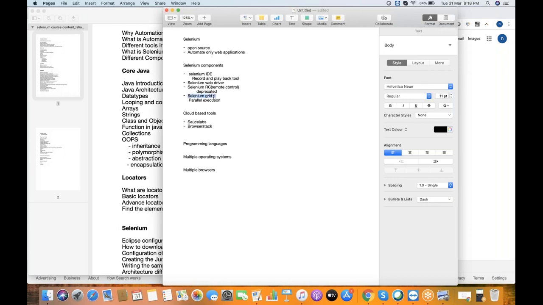To execute our tests on Grid, what we need are tests written in Selenium WebDriver using any programming language. So our course is targeted at Selenium WebDriver only.